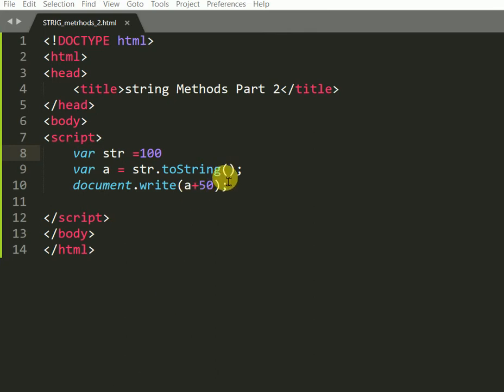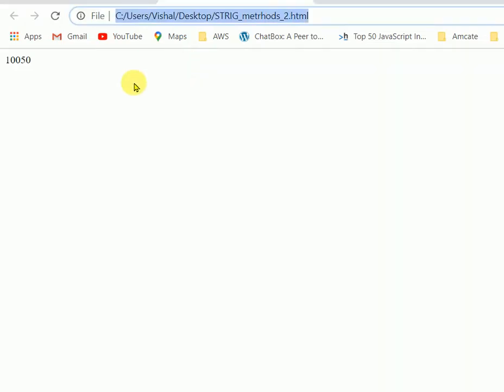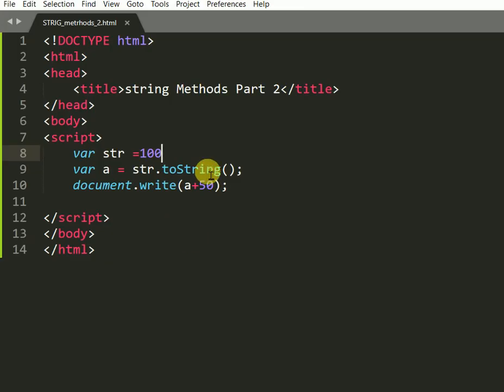We will see the output. Here I write a plus 50.